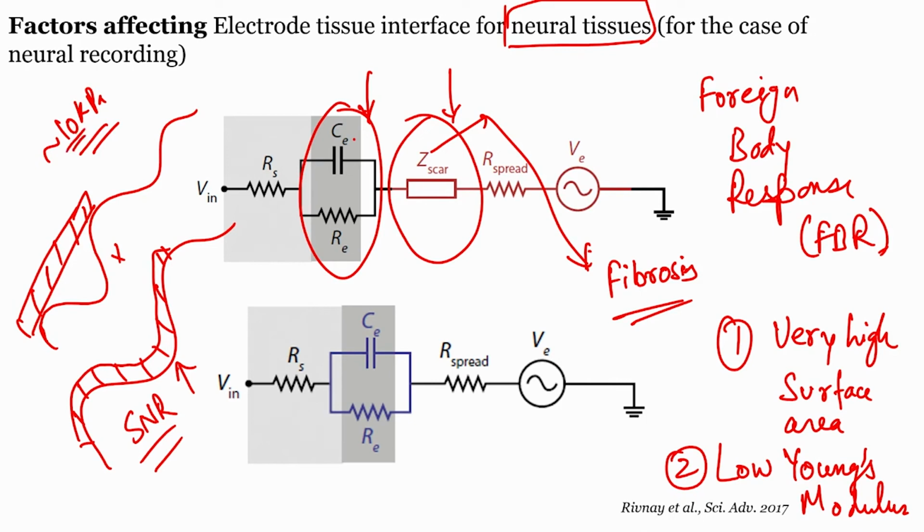For different kinds of tissues, this value can be even smaller or a little higher, but these materials, for example silicon, will have Young's modulus at least 3 to 4 orders of magnitude higher than this particular value. So what will it cause? It will cause scars, it will cause rupturing of neural tissues, which will result in processes like fibrosis or neuroinflammation,